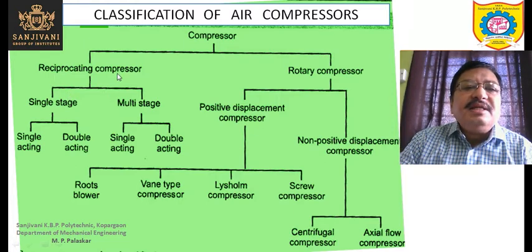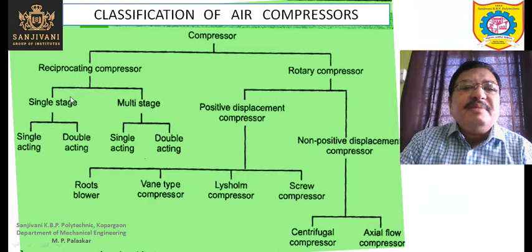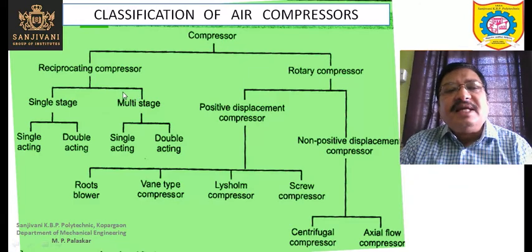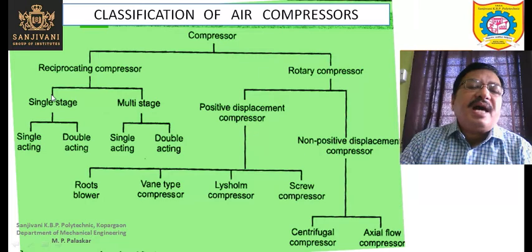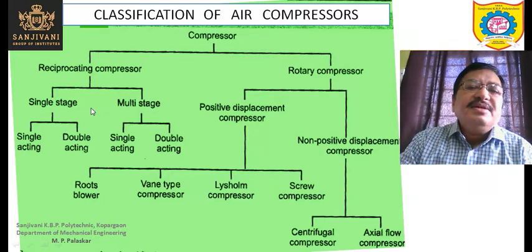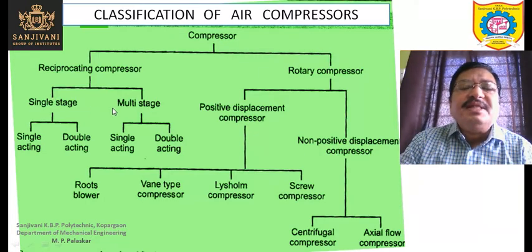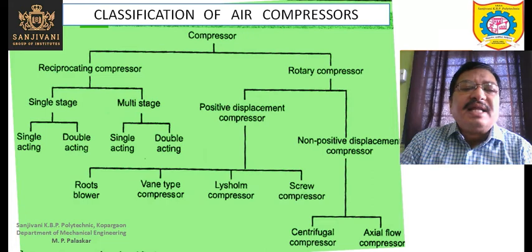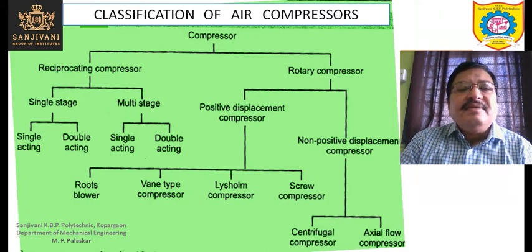Now these reciprocating compressors can be further classified as single stage or multi-stage compressors. Sometimes when the pressure ratio is high, we cannot get the required higher pressure in a single stage. At that time you have to use more than one stage; 2, 3, or 4 stages can be used. The compressors are arranged in series, and then we increase the compression ratio, and the pressure is